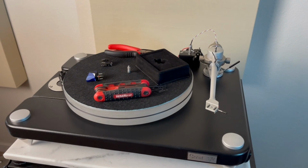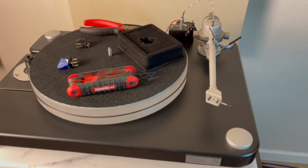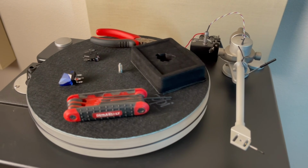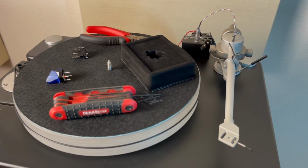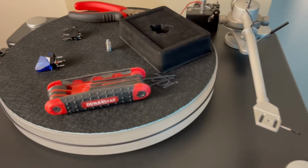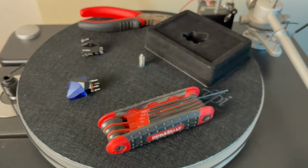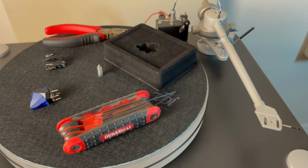And of course, when we put the Ortophon Blue back onto the tone arm, we are going to have to reset everything. So you would just go through the standard process of setting your weight and setting up your tone arm for a new cartridge. All of those steps, there's not going to be anything different here. So we're going to go ahead and mount the Ortophon Blue, go through those steps, and then we'll come back